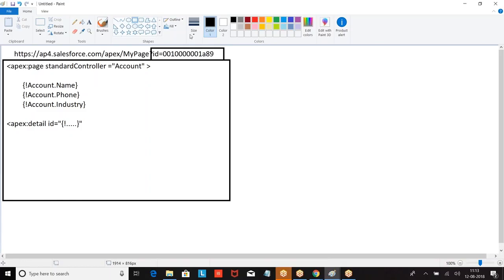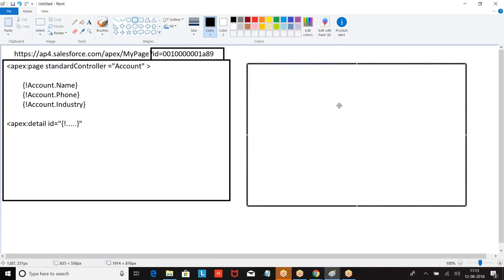Right? Same concept applies when you want to run in Lightning also. We want to update a record. Which record do you want to update? You want to delete a record. Which record do you want to delete? You want to save a record. Which record do you want to save? If you don't pass me the ID of the record, I cannot run this operation. LDS saving, updating or deleting a record can happen only if you mention the ID.